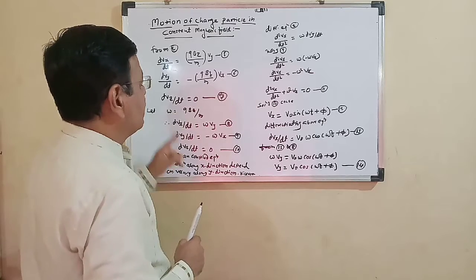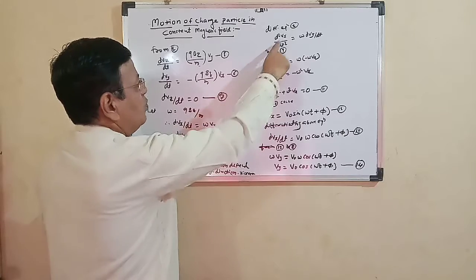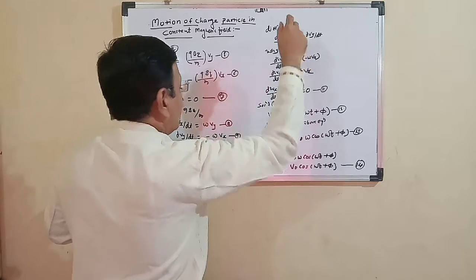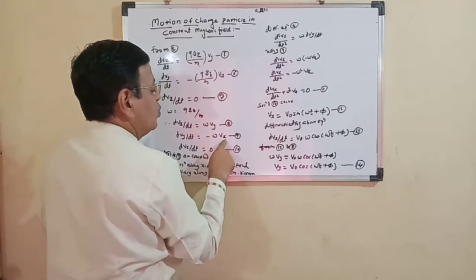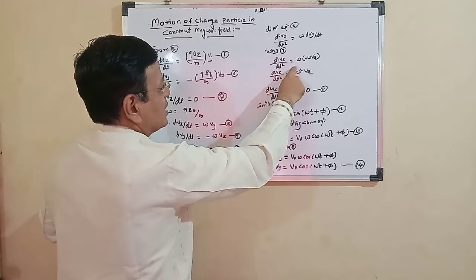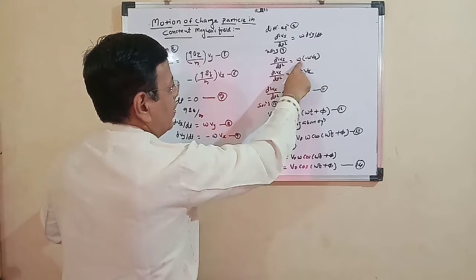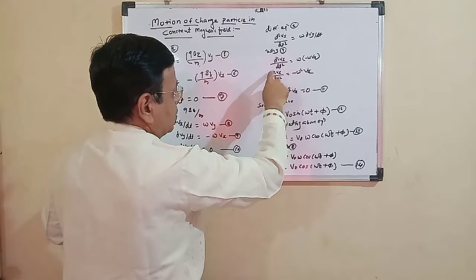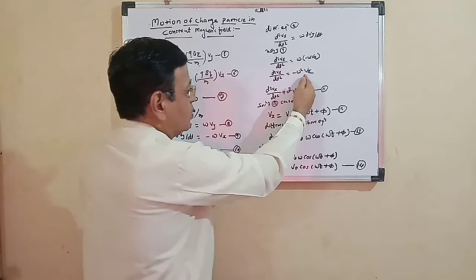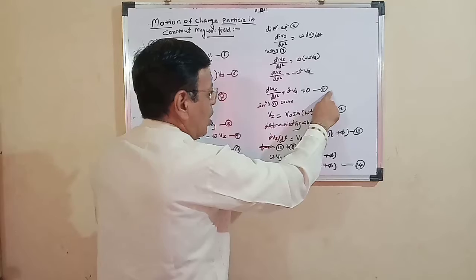Here we have to differentiate equation number 8 with respect to t. We have to get d2 vx by dt square is equal to omega dvy by dt. But what is the value of dvy by dt? Minus omega into vx from equation 9. So we have to use this here. So d2 vx by dt square is equal to omega into bracket minus omega into vx. So omega into omega, omega square, with a minus sign. So d2 vx by dt square is equal to minus omega square vx. So we have to take this to this side. We get d2 vx by dt square plus omega square vx is equal to 0. Call this equation number 11.